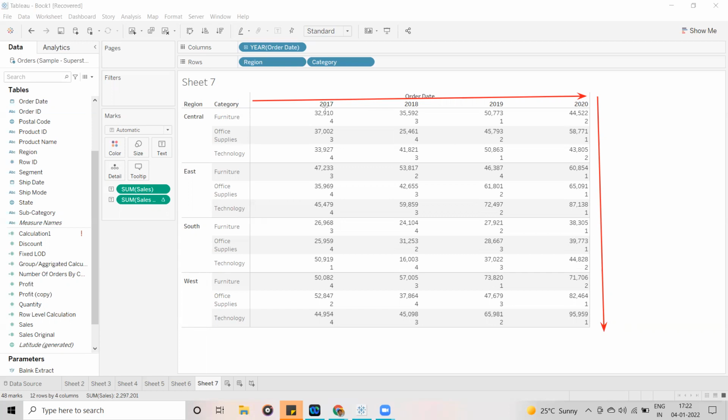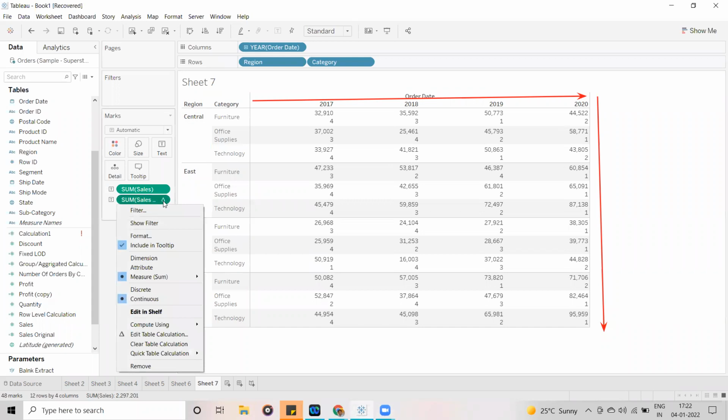Now the ranks have been applied in the table across fashion. Now I want to change into table down, so what is going to happen? Let's see. How are we going to change it? I am going to click on this drop down arrow again. Now you can see, guys, the compute using option is enabled. Before that, I am just going to clear the calculation.